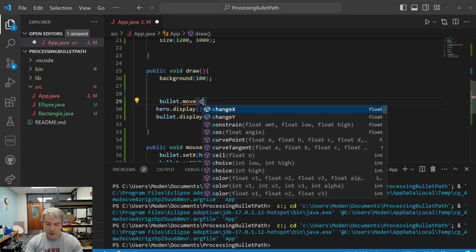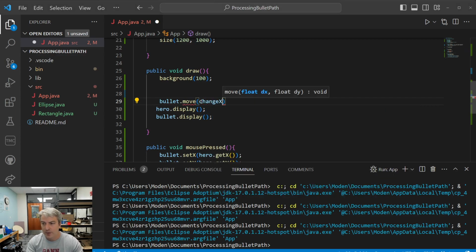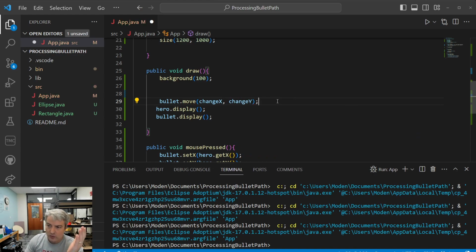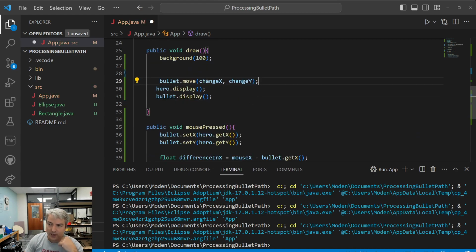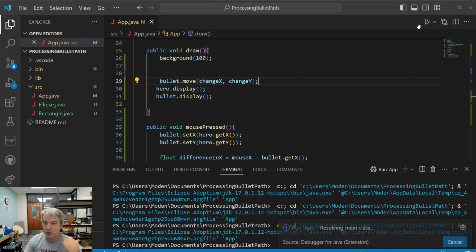Change in x and change in y. So we could change x, comma, change y. Okay. And now what we need to do, we're always moving. Now we just need to calculate. Right now it's 0. So if we run this code right now,